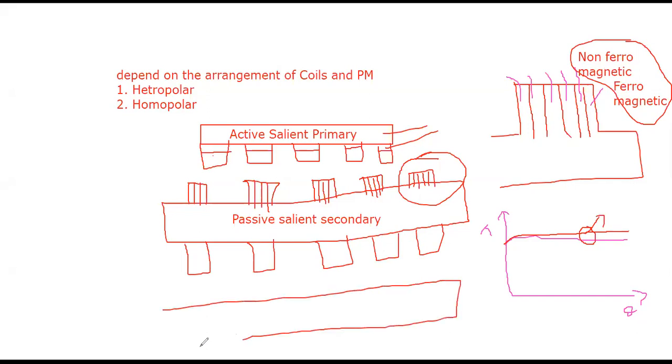Coming to the primary, it also has a saliency. As we discussed in the reluctance motor, the main drawback of the reluctance motor is torque ripple. Why does it have a torque ripple? Coming to the reluctance motor, what is the principle? Whenever a current carrying conductor is placed in a magnetic field, it tends to align in the minimum reluctance position. That means we have to excite the machine from maximum reluctance and turn off the machine at minimum reluctance. That is, the machine is doubly salient. So that is the main reason why we get more ripple in the reluctance motor.